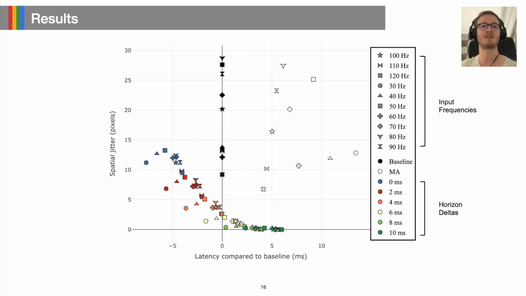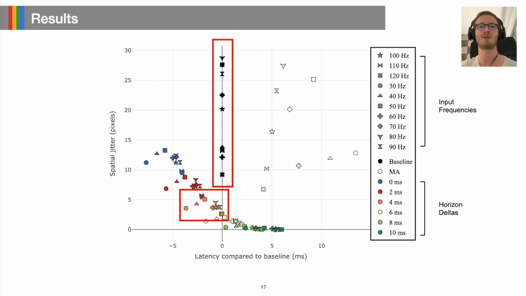However, this comes at a cost of increased latency, since the horizon is further away in time from the real frame time. The following chart shows the trade-off between latency introduced and the spatial jitter. Our results show that for an input frequency of 120 Hz, 4 milliseconds, here in orange, is the best value for the resampling horizon, as it doesn't introduce latency over the baseline, here in black, while still significantly decreasing the